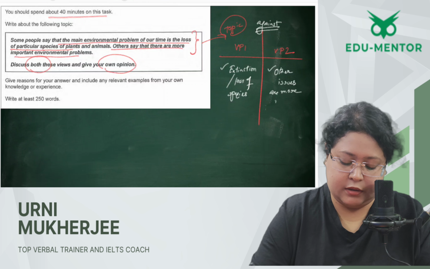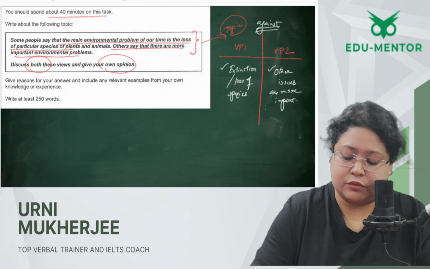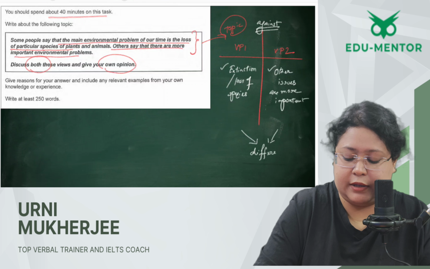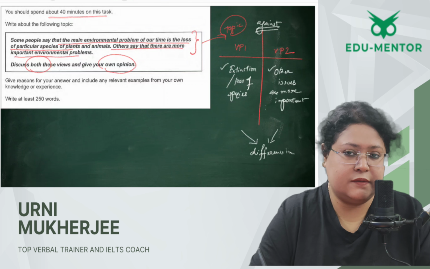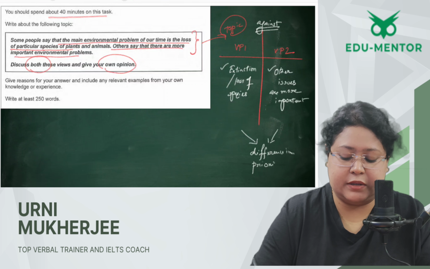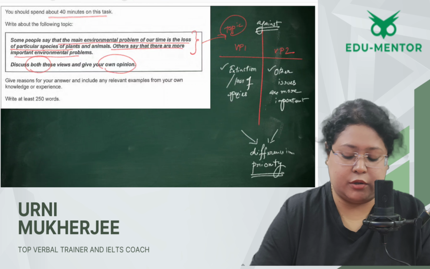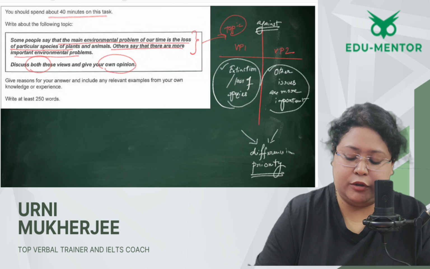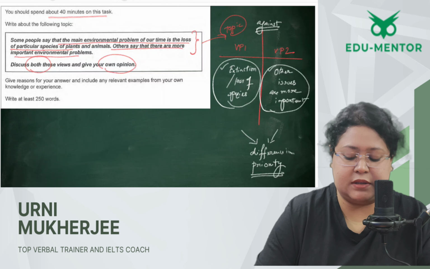Others say that there are more important issues. Other issues are more important. Or simply speaking, they're saying that the loss of species would not be the highest on the priority list for them. Now, it's just a matter of you trying to formulate